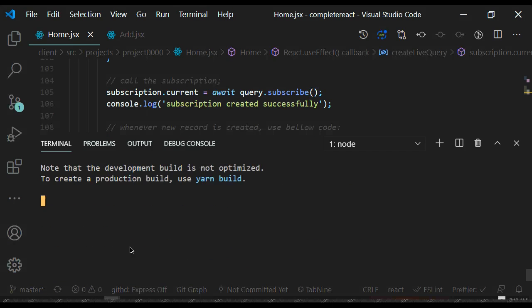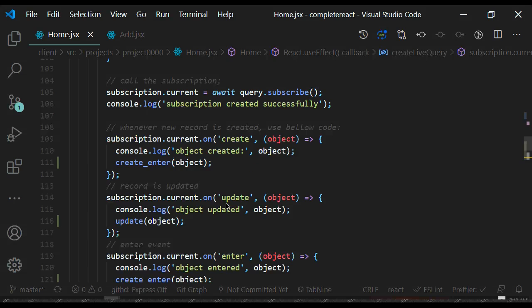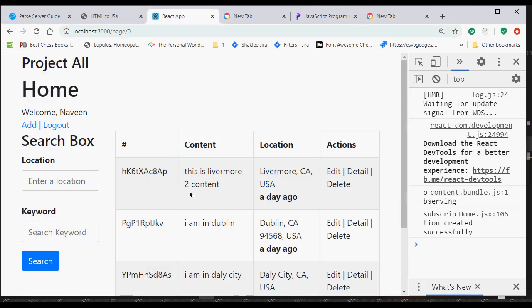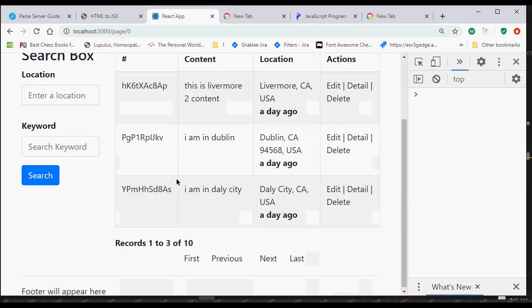So it doesn't look like we have any error. Let's try to see it on the browser. Okay, so the subscription is created successfully. Now we have 3 records. So when I add the data, the pagination will increase from 1 to 4 of 10,